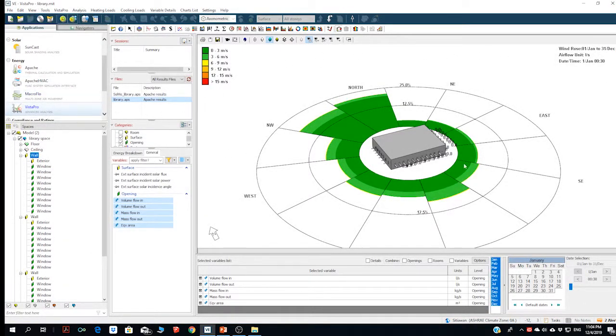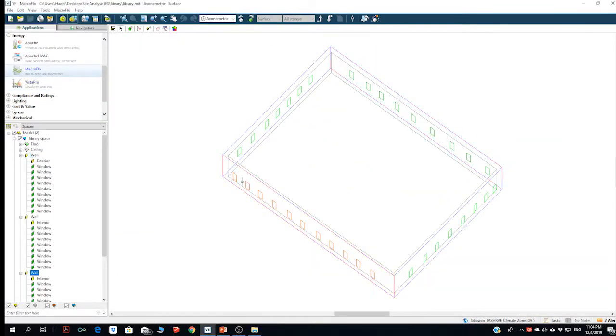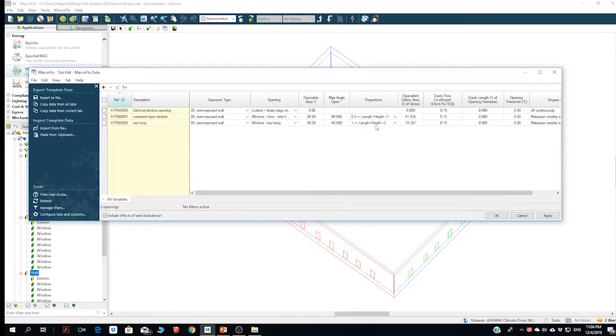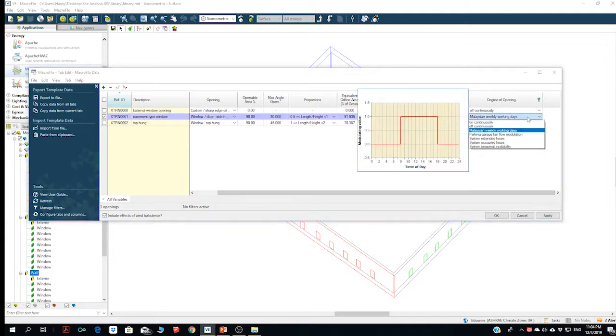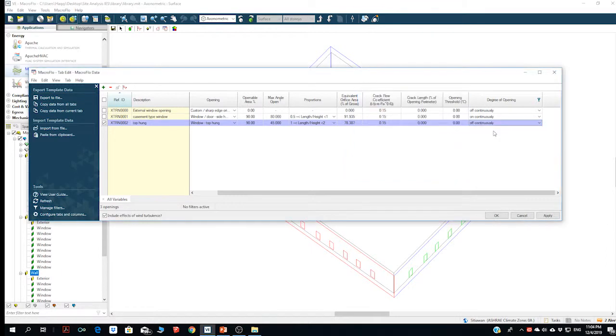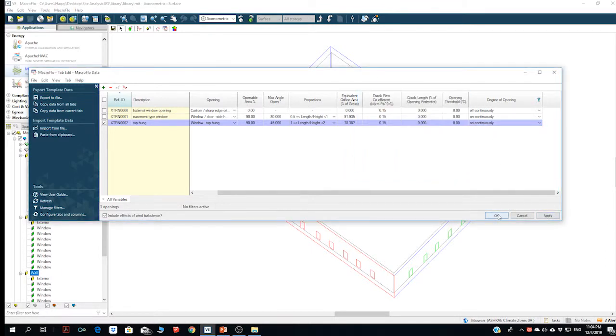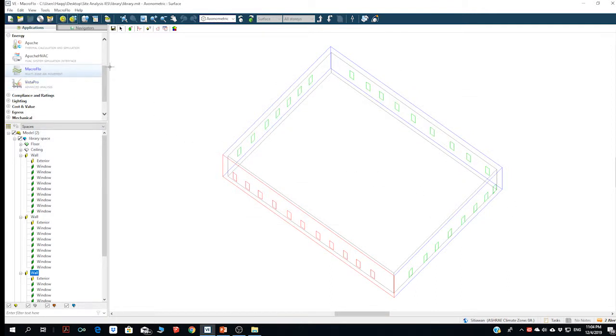If you want to change anything, what I would suggest is go back to the MacroFlo, and remember this window. Let's click on the tabulated manner, openable area, Malaysian weekly. What is this actually? Let's say on continuously. Oops, top hung on continuously and apply. Alright, and let's go back to the Apache